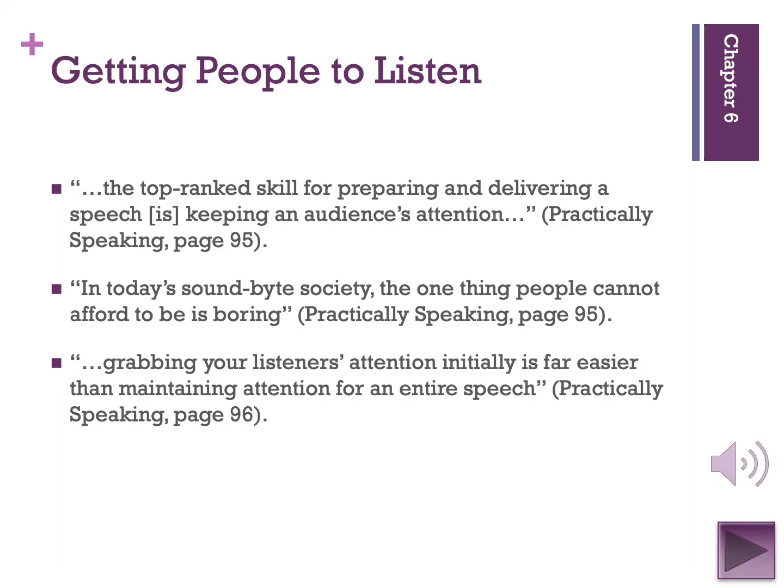Gaining the audience's attention is important. Having this skill can make almost any topic interesting to your audience. Our society is becoming more and more interested in fast facts. Tell me exactly what I need to know in the fewest words possible so I can move on with my life. Our attention spans have decreased rapidly over the last